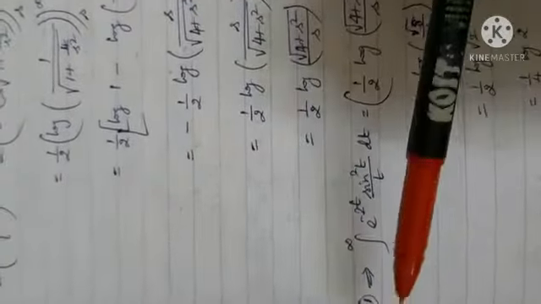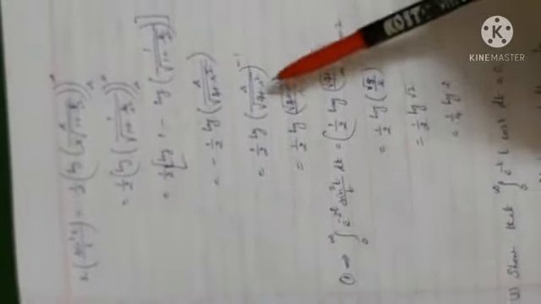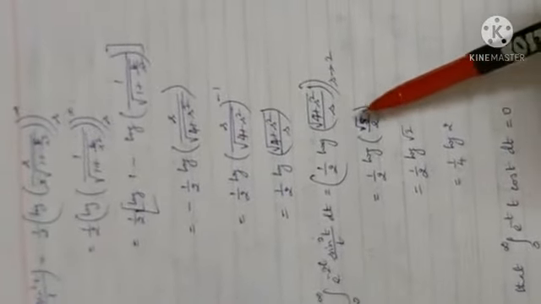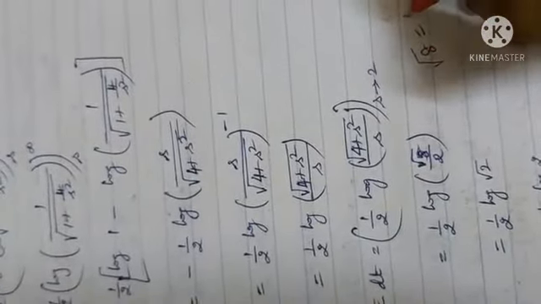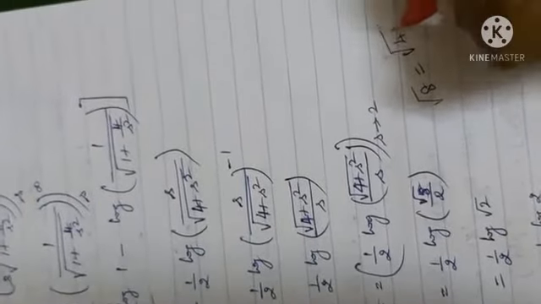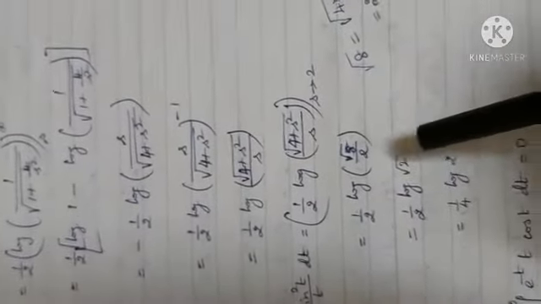Then you see the integral from 0 to infinity, 1 by 2 log of, right? So you substitute this answer in the first equation. Replace s by 2. It is 8. Root of 8 by 2. Root of 8 is, what is root 8? Root 8 is root of 4 into 2, which is 2 root 2. 2 root 2 by 2, which is root 2.